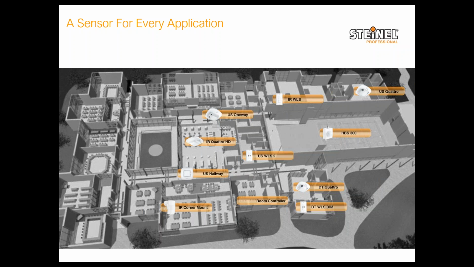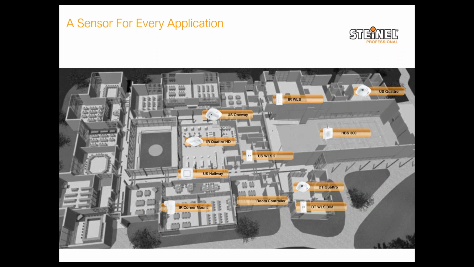As you can see, you can have these one-sided or double-sided. So whether you have a smaller hallway or you just want to put one sensor at the beginning of the hallway, and if you have a longer hallway, you put several in the middle and make sure that they cover both sides of the sensor. In the cafeteria area, you have the IR Quattro HD, for that big open space with a lot of tables and chairs. And in the classrooms, we have the